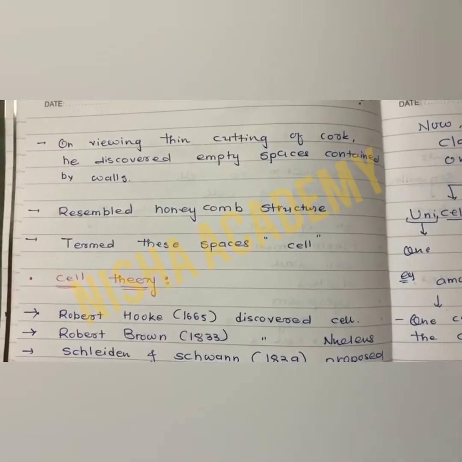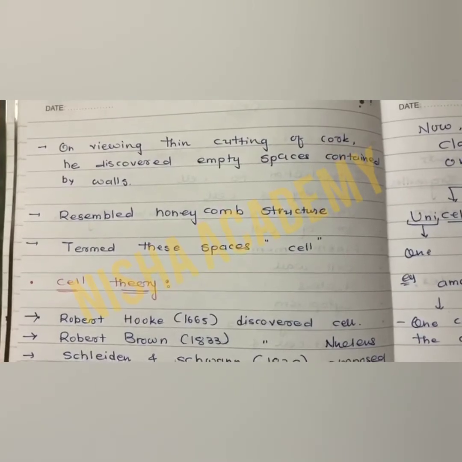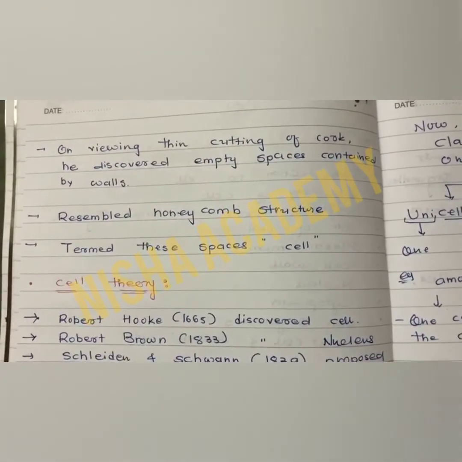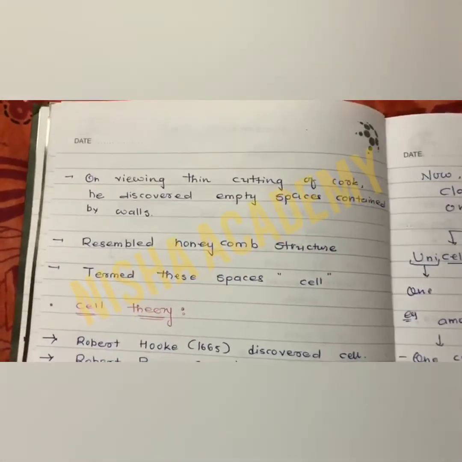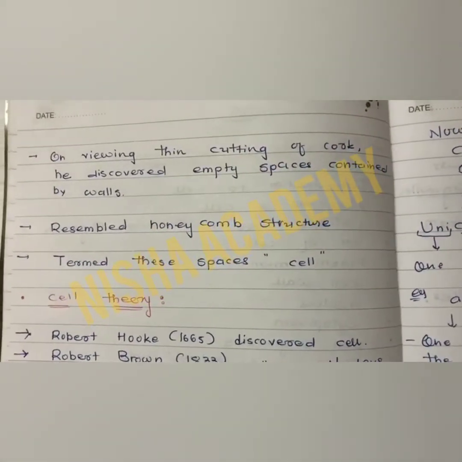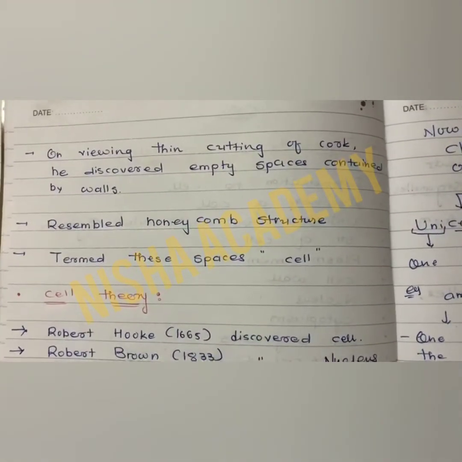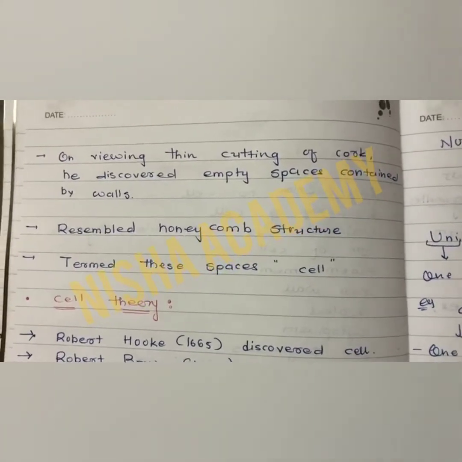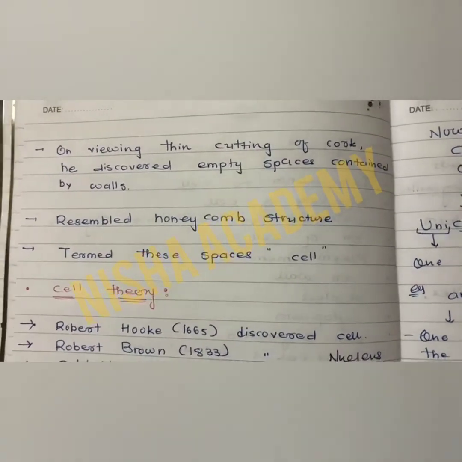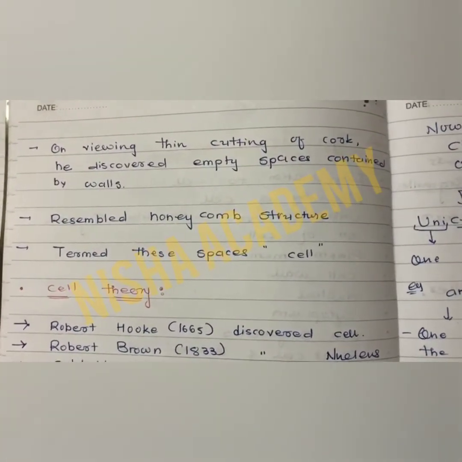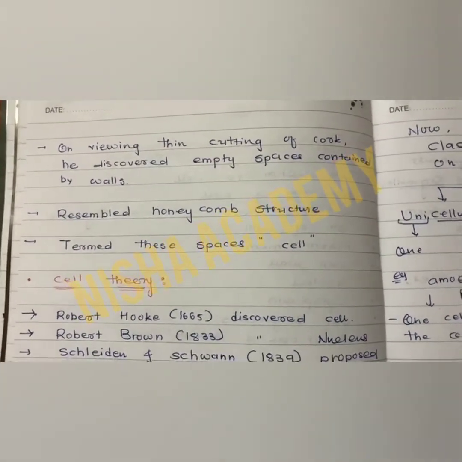The discovery is very simple. You can go through it in the textbook, or this much is not even included. It was only that Robert Hooke took a bark, that is cork, the lid of a bottle, cut thin slices of cork, and observed them in a microscope. He simply observed empty spaces, which he called cells, right? This is the story given by scientists. Now we will go through